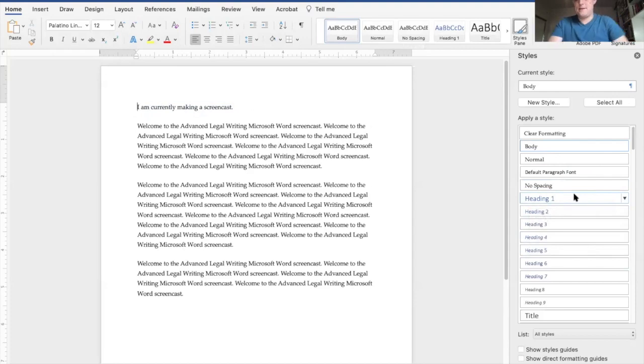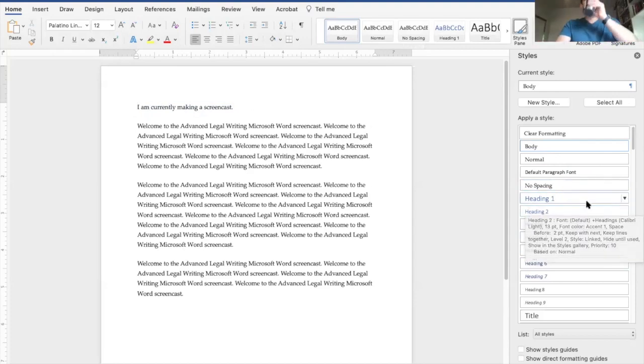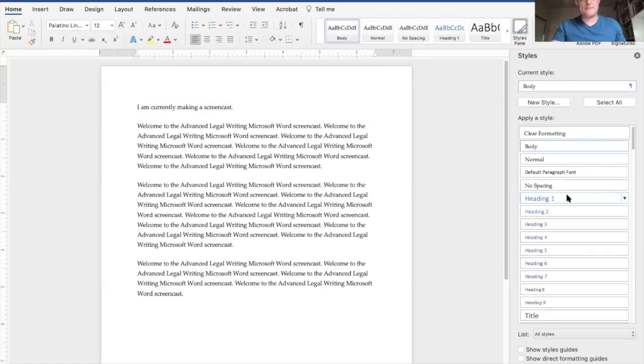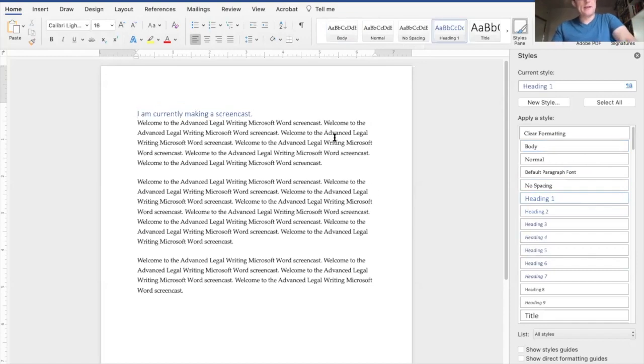So if I look at the style list on the right-hand side, you can see that there is a Heading 1, and that's going to be your top level point heading. If I click it, you see what it does. That's what it thinks is a good first level point heading. Then you know that that's actually terrible. So how do you fix it? Well, you can modify the style,